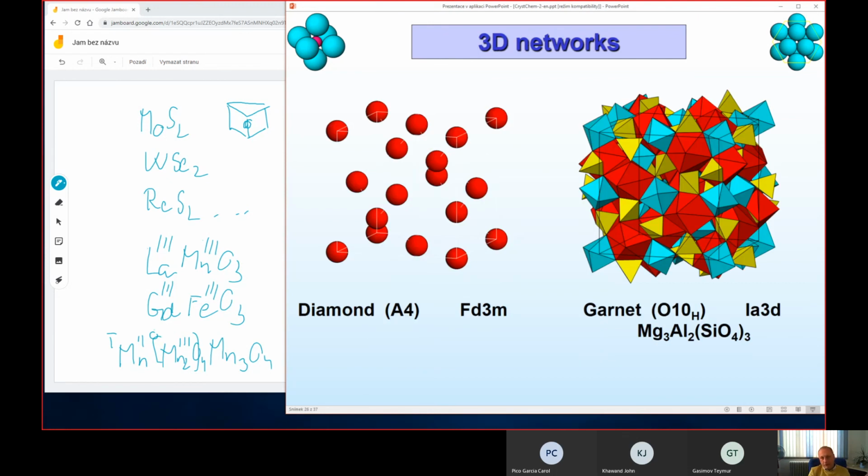But we can also observe 3D networks. We know that the diamond structure can be derived from sphalerite or zinc blende structure, but for instance, the silicate like garnet, magnesium 3, aluminium 2, and SiO4 3 times, yielding the total stoichiometry